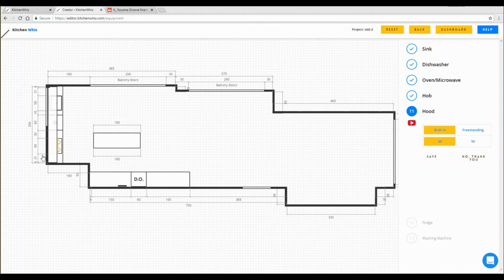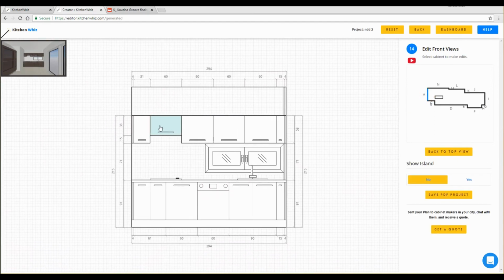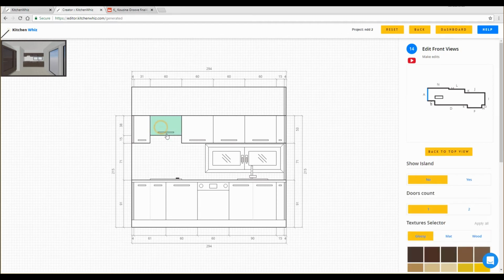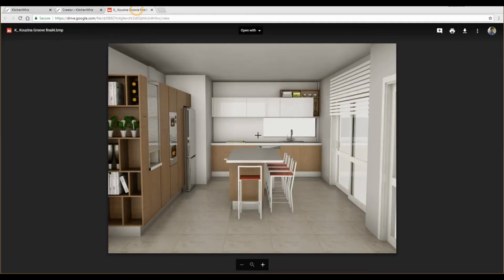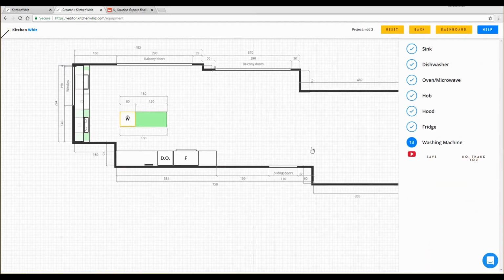and for the hood, I'm gonna leave it behind because if I select built-in with 60 centimeters, the hood will be placed directly above the hob, and if we go to the end and see the front view, we can see that the hood is raised in a higher height than what we have here, and also we cannot achieve this design because these are custom cabinets and we cannot merge these two. So instead, what I'm going to do is go back